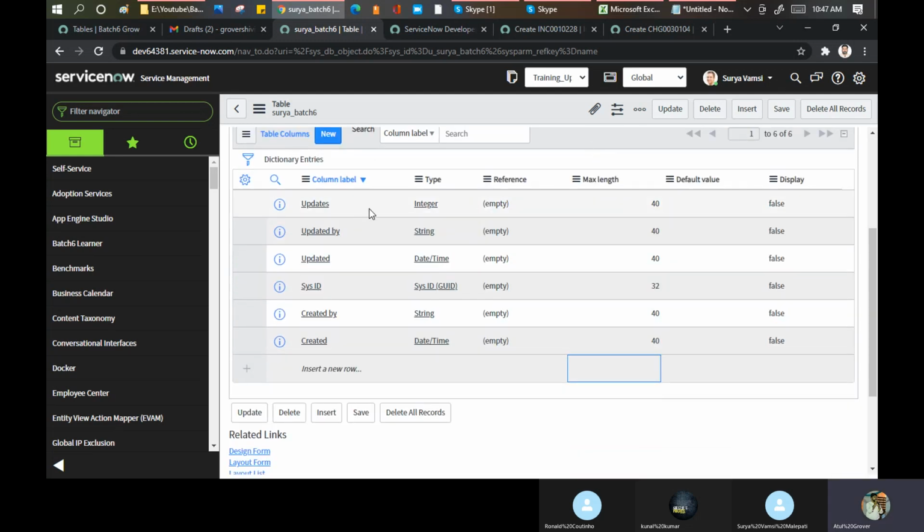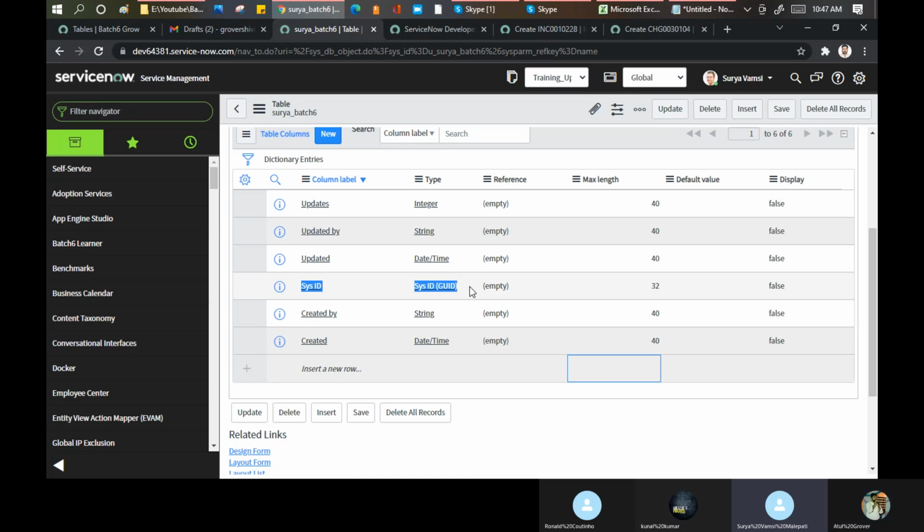Okay, and it has a default one, maximum length 40, update this. Okay, one thing. What is SysID? And why is this important? And how does this SysID work? Tell me. Yeah, it is used to identify any record in the. What record? Any record a user creates. No. Okay, only for record? Yeah, it's only for record.